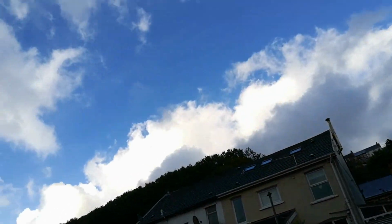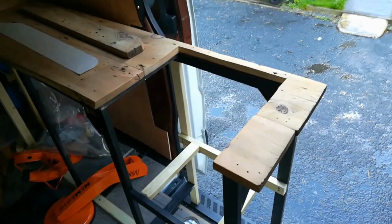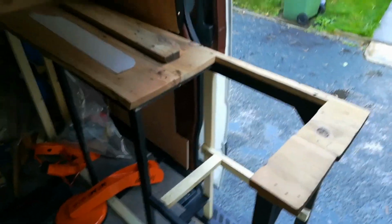30 seconds ago he was absolutely slamming it down. We've got a bit of blue sky. Right, plan of attack. Get the cooker down, see if the cooker fits. If it fits, then I'll look